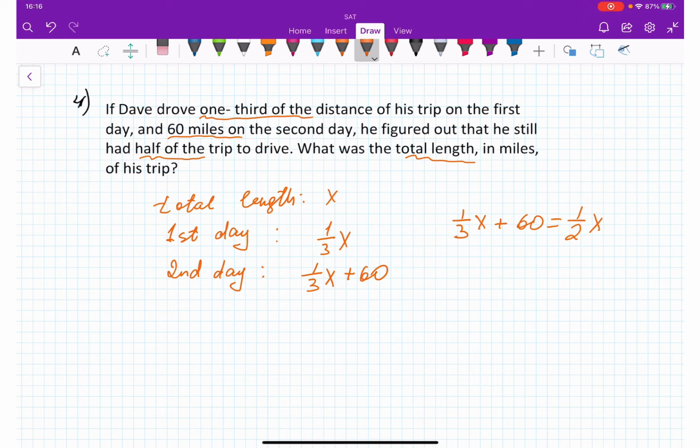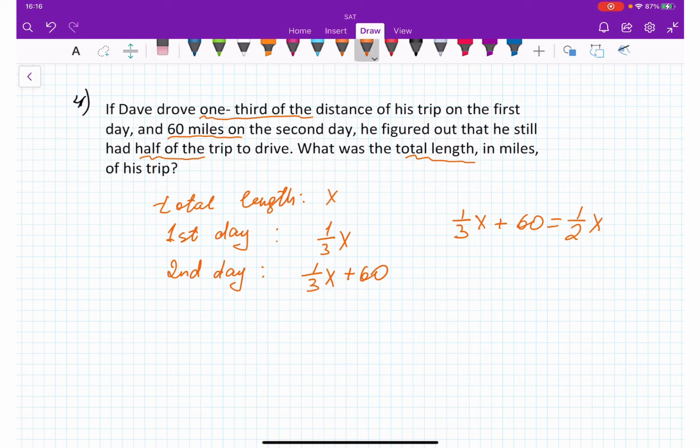Since he has to drive 1/2 of x, that means he drove the other half of the trip, right? So this is that one. This is not the one that he still needs to drive half. That's the one that he already drove half. Okay? It just happened, the distance is the same. All right. So from here, if we solve it,